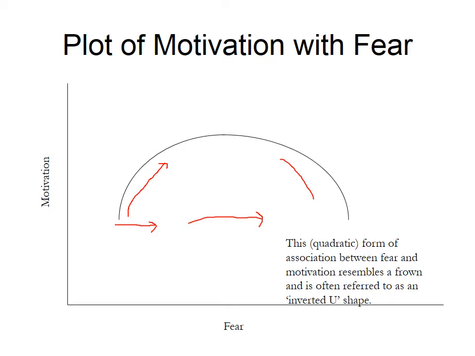But as the fear message becomes more and more severe, we see the relationship changing, and at some point it causes people to become less motivated. For example, in some countries, they put very explicit pictures on cigarette packs which show people's lungs after they've died from lung cancer, lungs full of tar, etc. And this can actually cause people to shut down or to become less motivated. We don't need to speculate on what the cause of this relationship is.